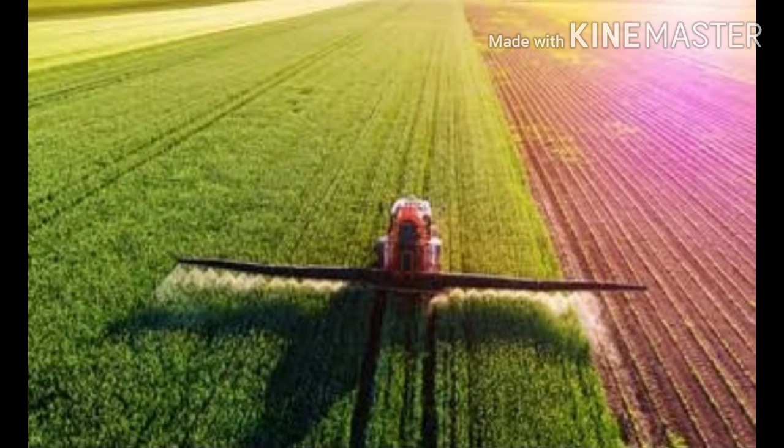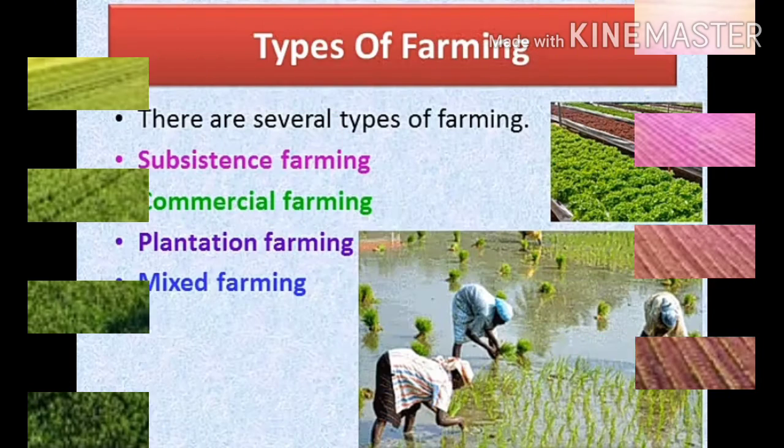Commercial farming. The crops are grown for sale in the market. It is for business purpose. It requires a large area and is done with the help of high cost tools. Unlike subsistence farming, here the crops are cultivated for commercial use and are sold in the markets. This method of farming is done by using modern tools and techniques.